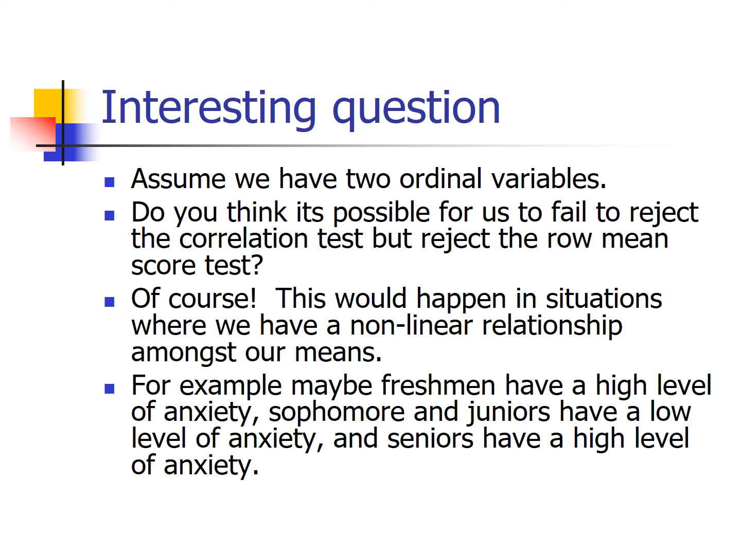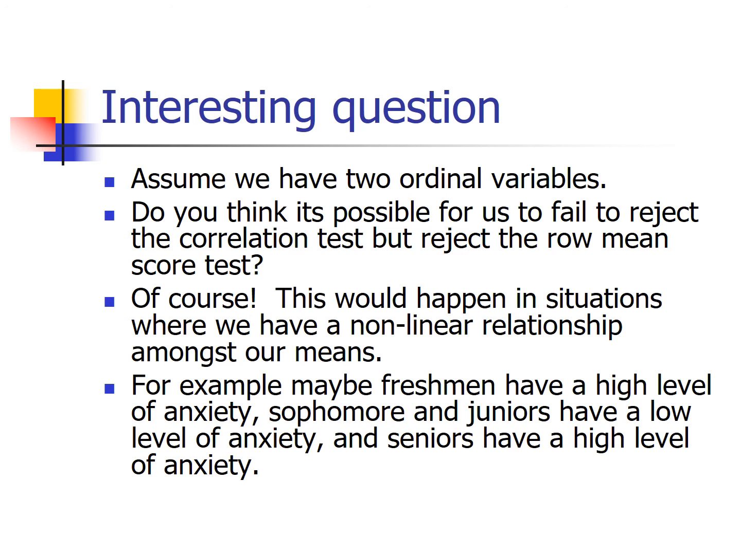So maybe, for example, freshmen are new to college life, and it's like, I'm away from my parents, there's a lot going on. Maybe they have a high level of anxiety. By the time you're a sophomore, you've got it figured out. You have a lower level of anxiety. You're a junior, still a low level of anxiety. But now you're a senior, and now it's crunch time. There's a lot of pressure. I have to pass this class. My classes are getting harder. I have to start thinking about getting a job after I graduate. Now that anxiety level rises again. Something like this would probably have a non-significant test of correlation,